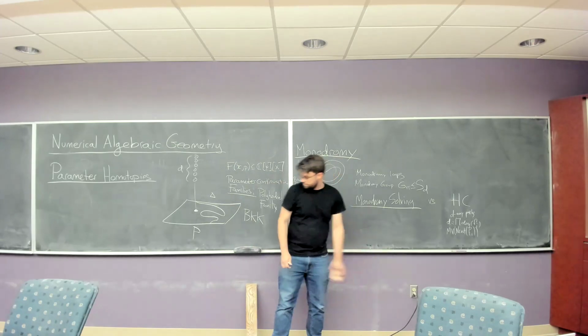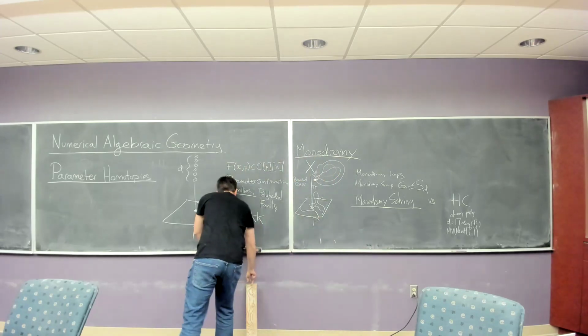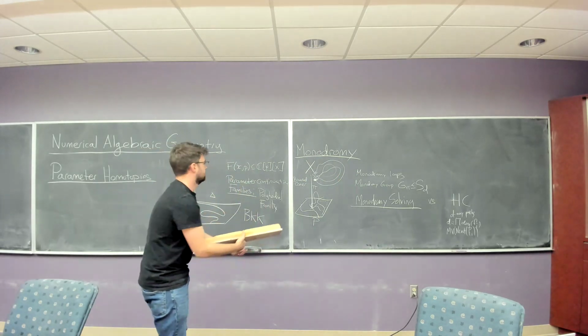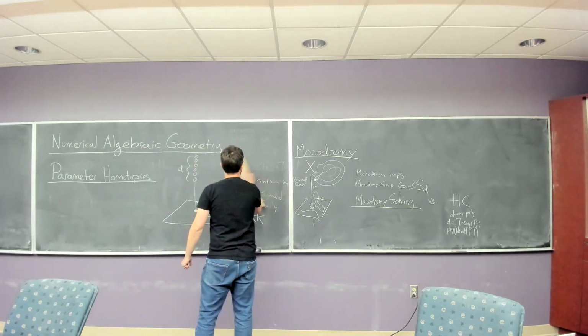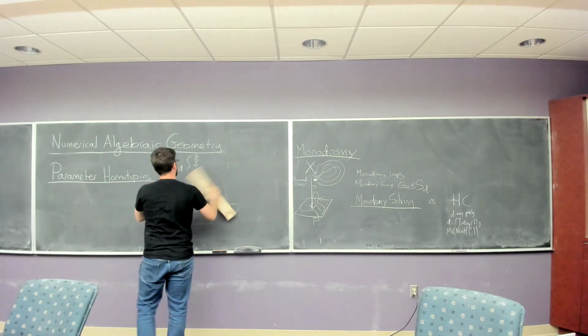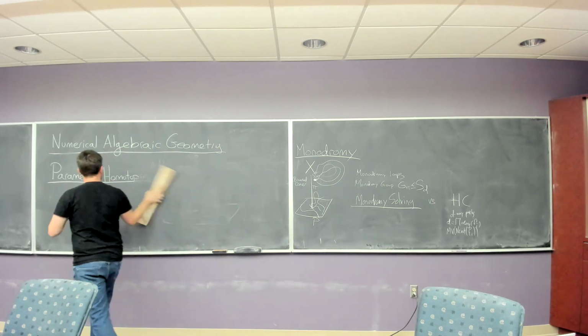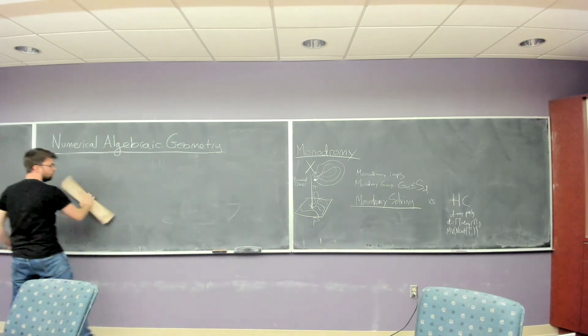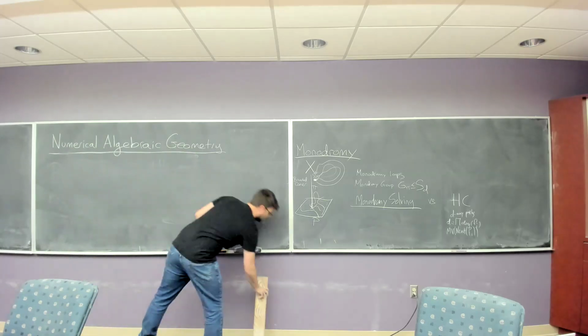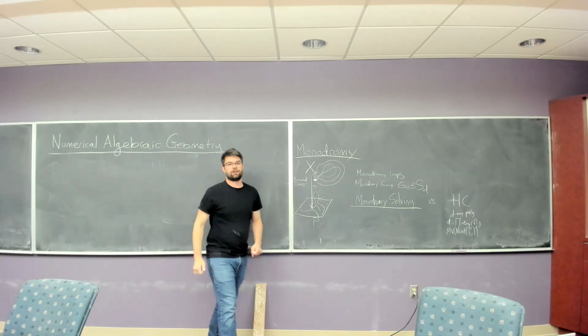So that was monodromy. And we needed to do monodromy before we did the next section. Because the next section, so at this point, we have monodromy, we have homotopy continuation, we have parameter homotopies, we have all of the necessary background